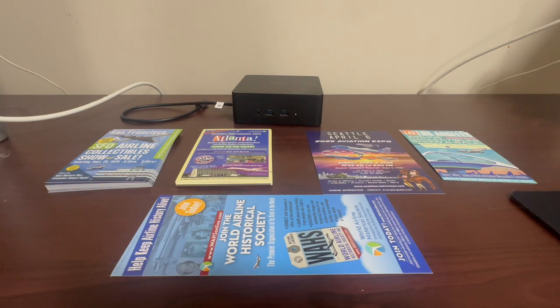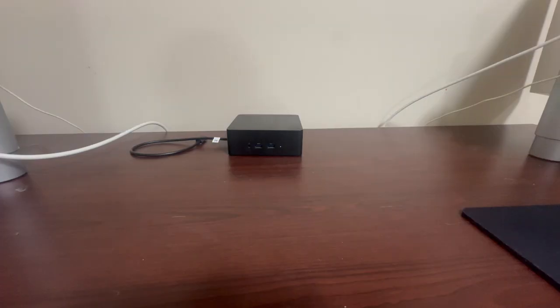Let's move on to some more aviation member items, and we're going to proceed with the business cards. So with that being said, let's get into the business cards. The next items we'll be taking a look at are some business cards. Now, I got a total of 4 business cards from the Collectable Show, and let's get started with a